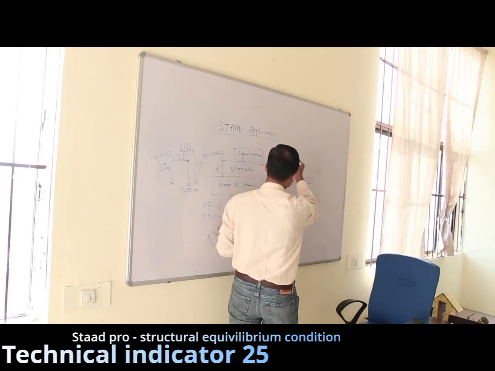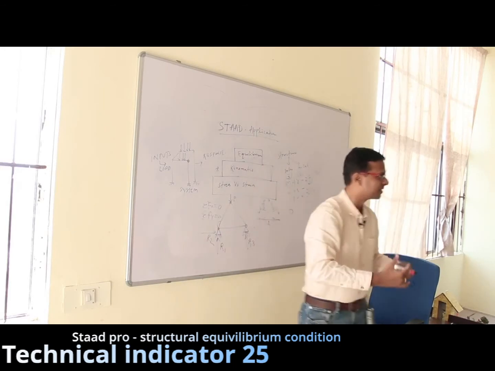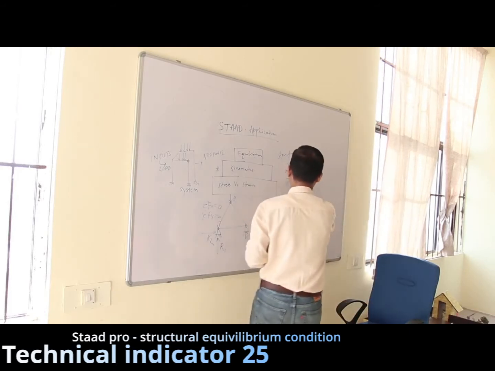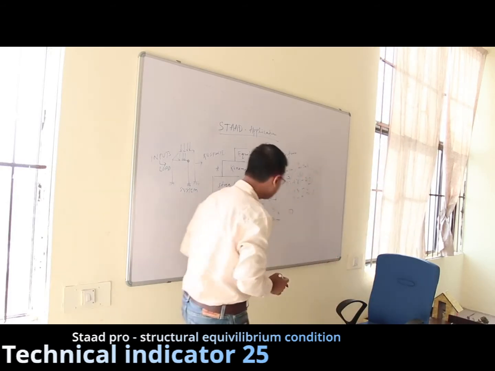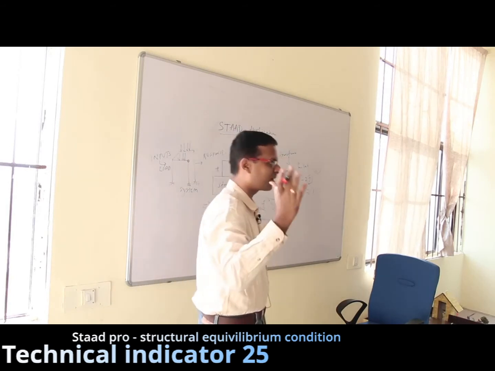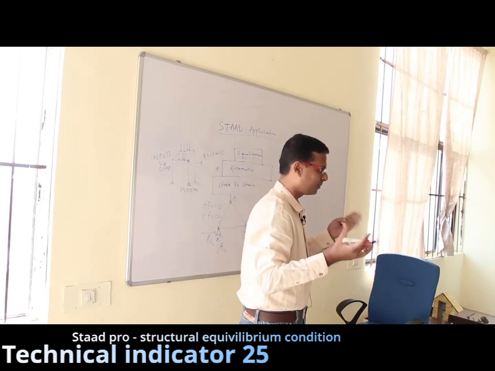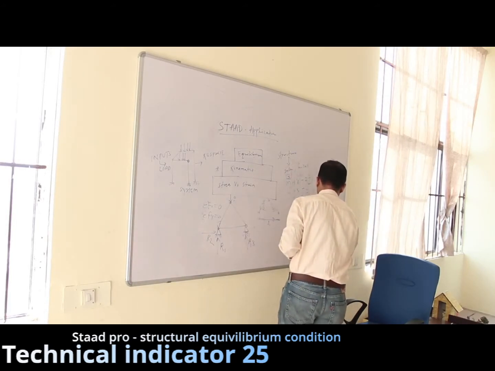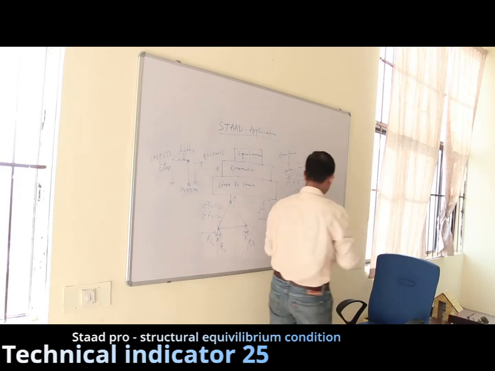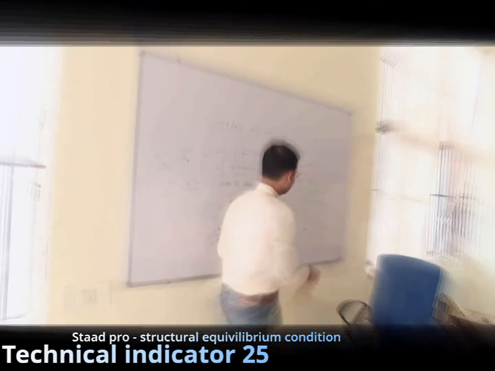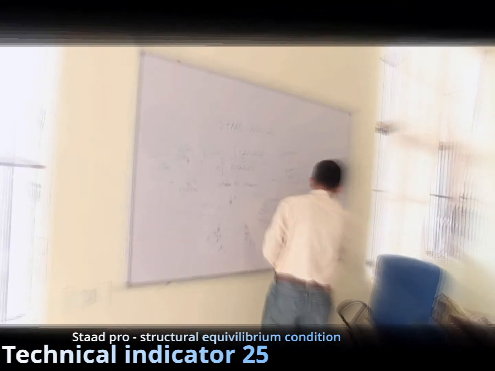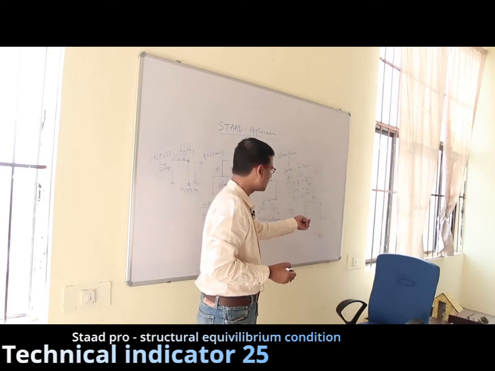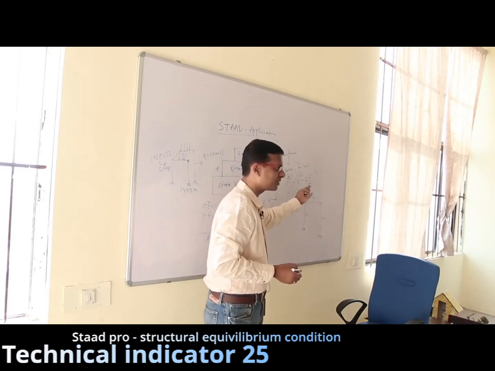But as cited here, practically the structure where you are sitting is not a determinate structure, it is indeterminate. Why? Let us take one example. This is a truss, but this is not a truss, this is a portal frame, a grid frame. So typically it is of this type, and this is my column 1, column 2 and beam 1. How do you find the indeterminacy here? Same equation, m plus r minus 2j.